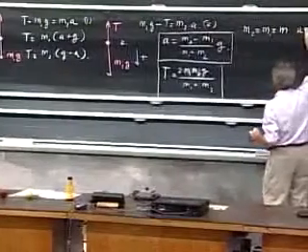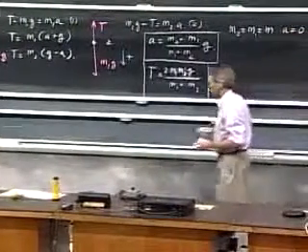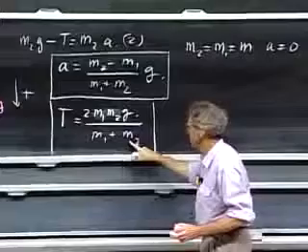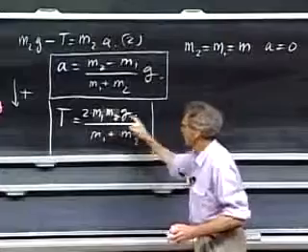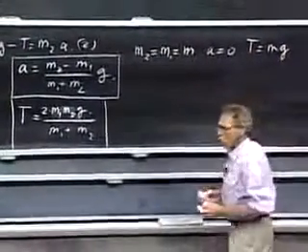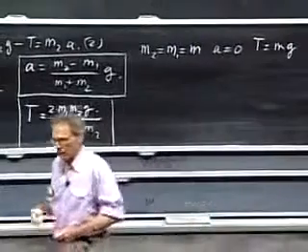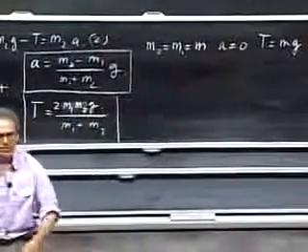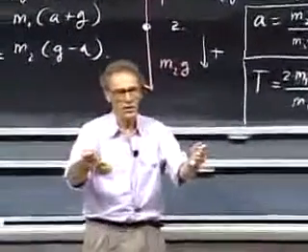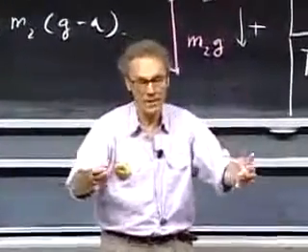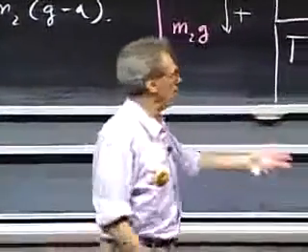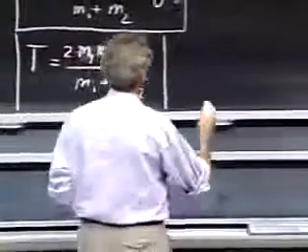Notice that A becomes 0, and notice if you substitute M for M1 and M2, you get 2M, you get mg. So T becomes mg. That is utterly obvious. If M1 and M2 are the same, nothing is going to happen. They're going to sit there, the acceleration will be 0, and the tension on both sides, which is always the same, we argued that, is going to be mg. Clear.